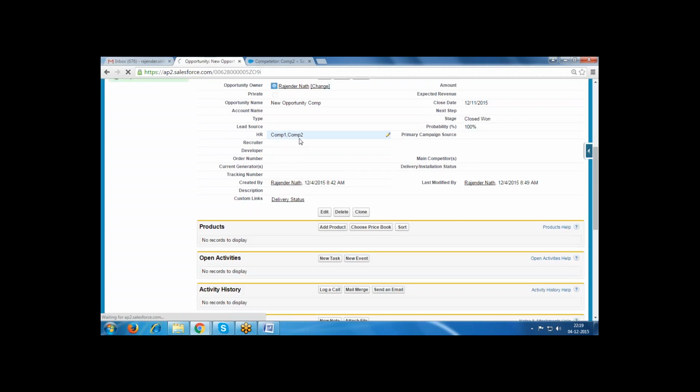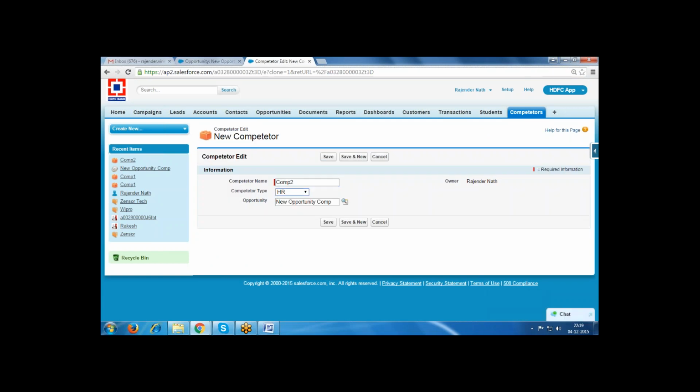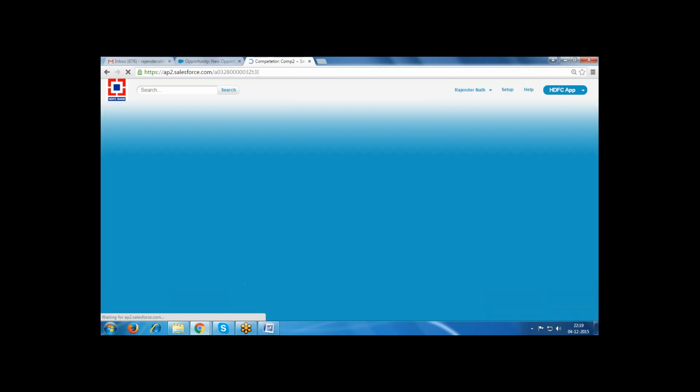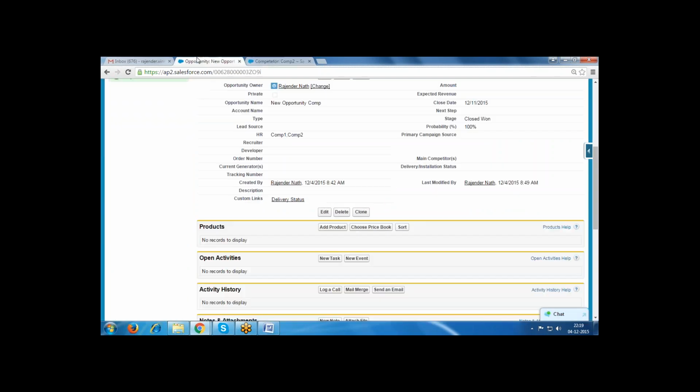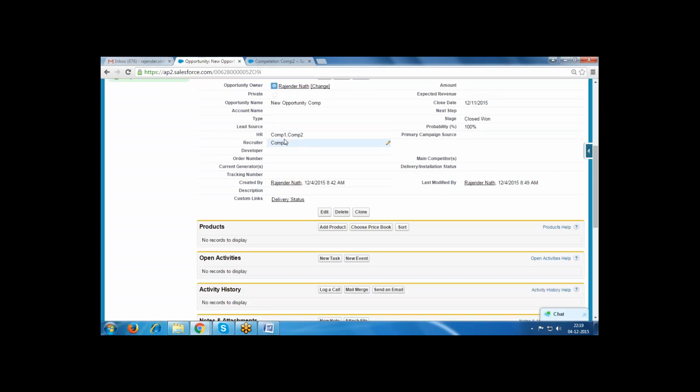Like this, comma separation. Suppose the competitor type equals recruiter or developer, then whatever names are there are appended on the recruiter or developer. Like this you can append multiple values. For this we created one trigger.